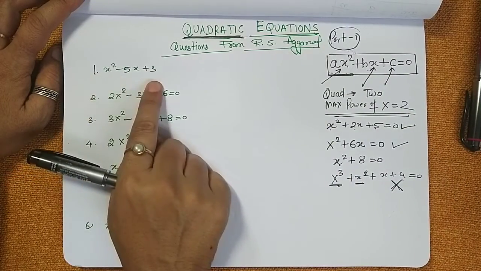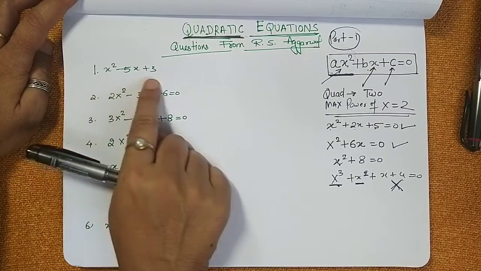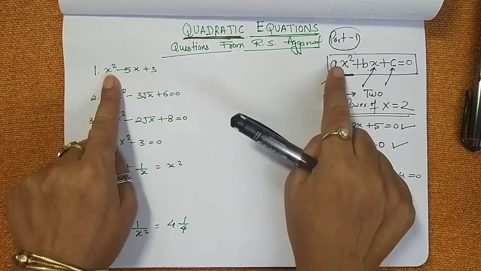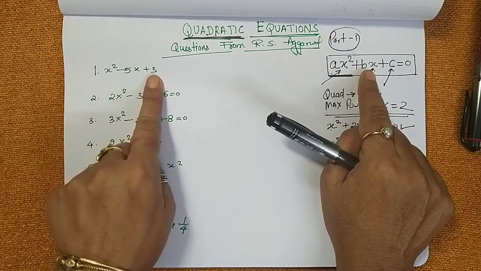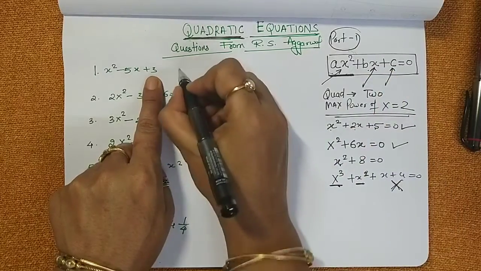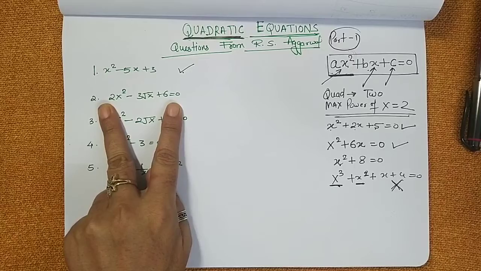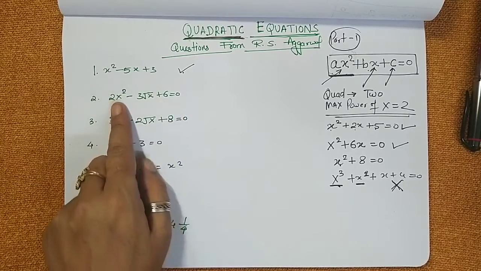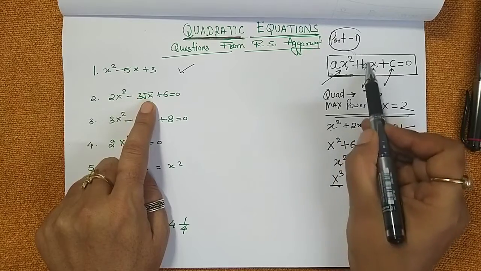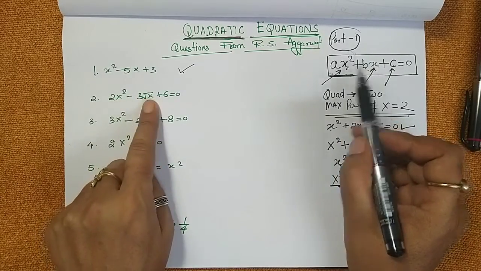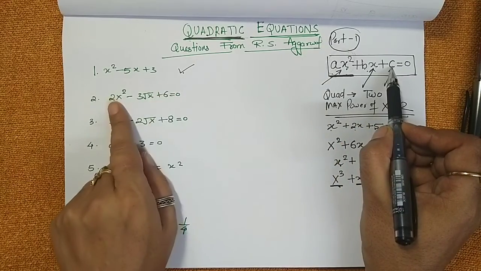So the first question is, you have to tell whether it is a quadratic equation or not. So clearly it has ax square, it has bx, the second term matching, and it has some constant term c. So yes, it is a quadratic equation. Now let's see the second one. The second says 2x square, guys, it is there, yes. Bx means some x term, not there, it's fine. Something else is there, c constant is there, yes.